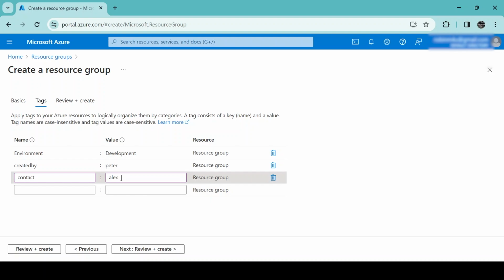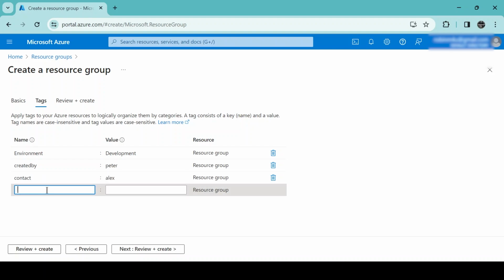In case this resource group or the resources within it consume a lot of cost, the IT guys can contact this person for any clarification, whether to change the plans or whether to keep these resources. That will be helpful. Similarly, you can create a tag like date of creation,